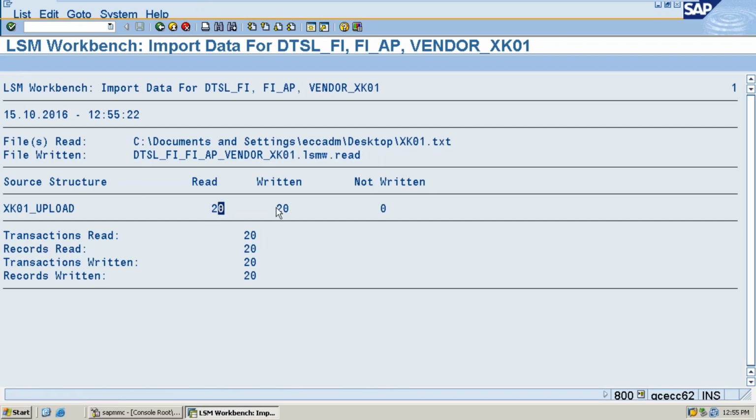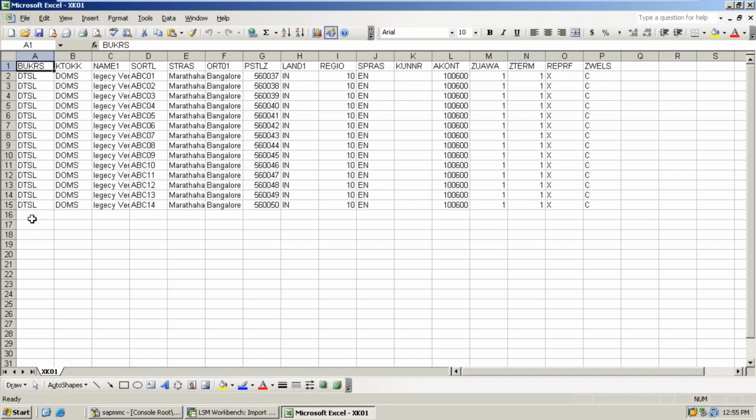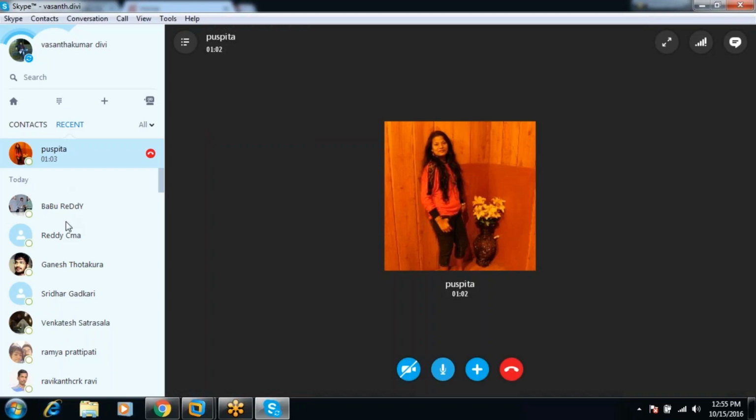I am going to load 20 records. Go and check how many records you are trying to load in the Excel file. 20? No, I am going to load only 15 records, right? Why have 20 records come? Actually, error. That is not the correct result. Error means, you know why that error will come. In the flat file you want to capture and save, there is some kind of space.